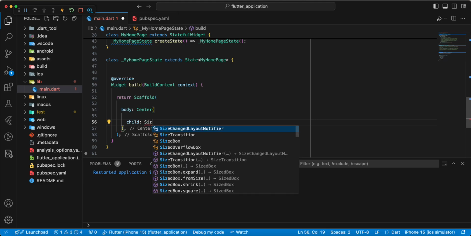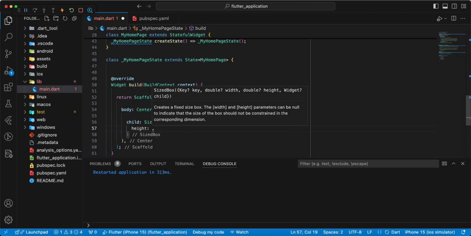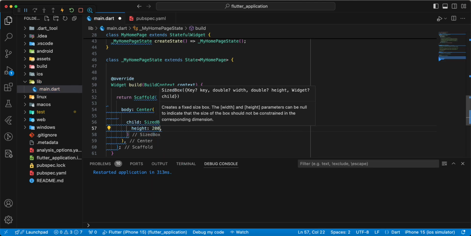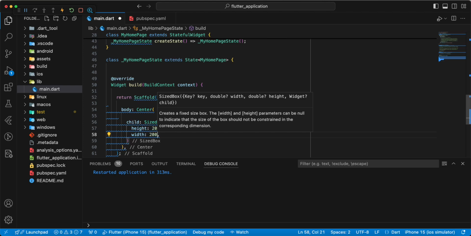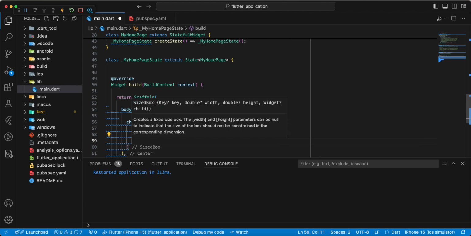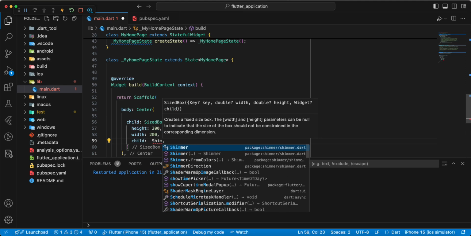and now we write SizedBox, height 200, width 200, then we write child, write widget Shimmer